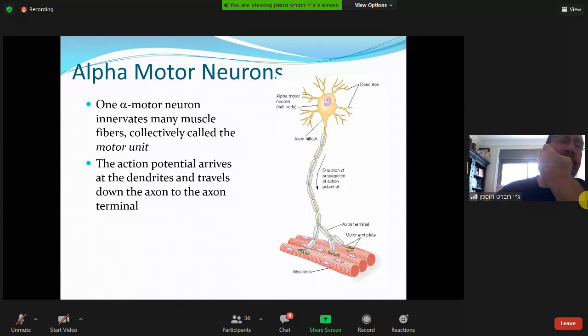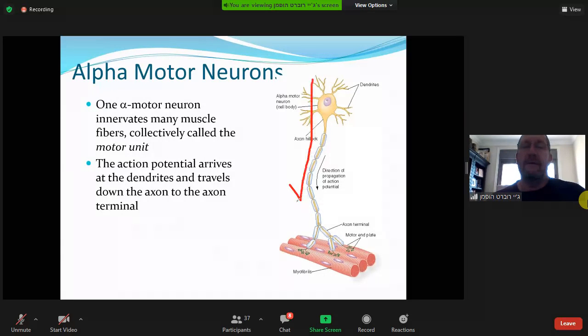We talked briefly previously about the alpha motor neurons and their role in the motor pathway, a somatic, voluntary pathway that causes muscle contraction. One alpha motor neuron will innervate many muscle fibers, and that, as we talked about, is termed the motor unit. So the action potential will come down from the higher brain centers and go down the length of the